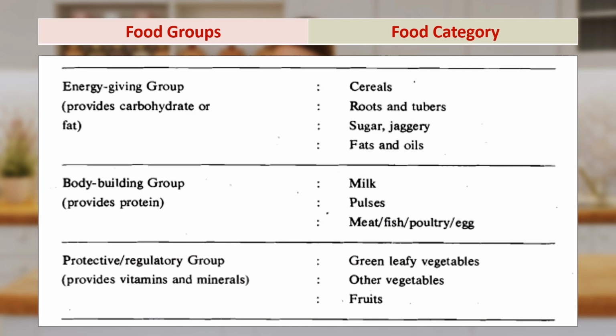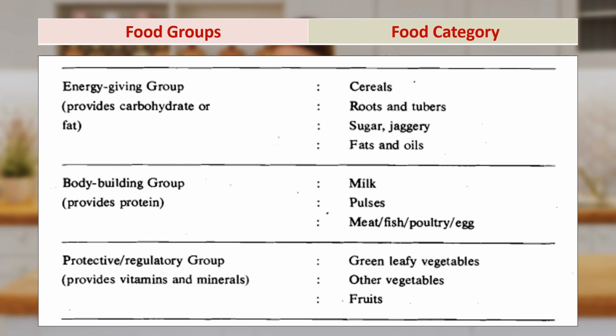The second group is the bodybuilding food group, and we know that under this, the nutrient which is responsible, which helps in bodybuilding, in growth, in maintenance, is protein. Therefore, all the foods which are rich sources of protein like milk, pulses, meat, fish, poultry, egg get clubbed under